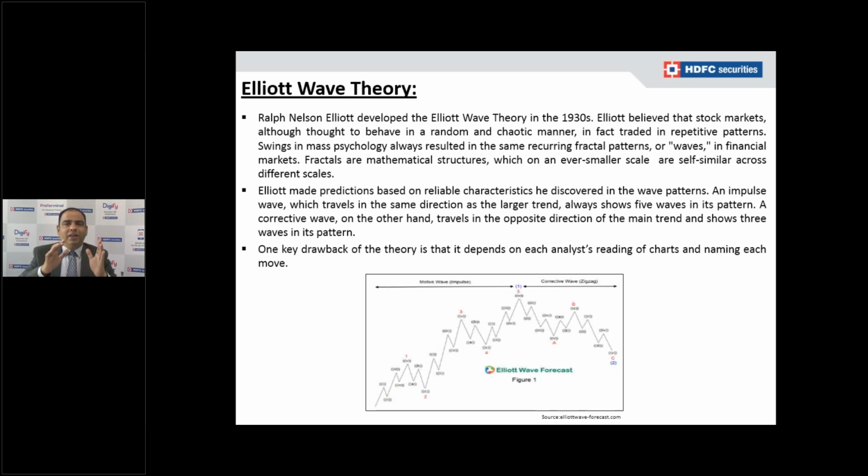What is this ABC, or what is this corrective mode? Like the consolidation patterns we discussed, symmetrical pattern, triangle and horizontal, in an uptrend or in a downtrend, in a similar way ABC happens. The establishment of a trend will be in 1, 2, 3, 4, 5, which is impulsive. ABC is a small correction. It may be a small correction, or it may be a consolidation. It may be a triangle, whatever it is.